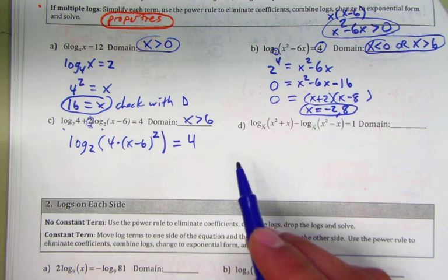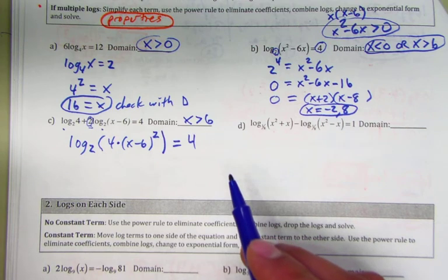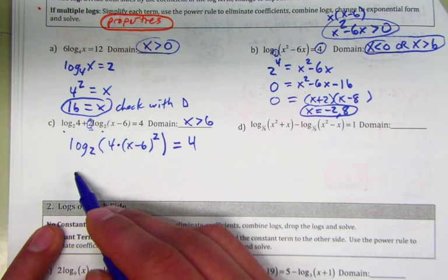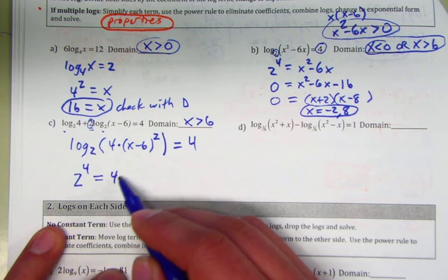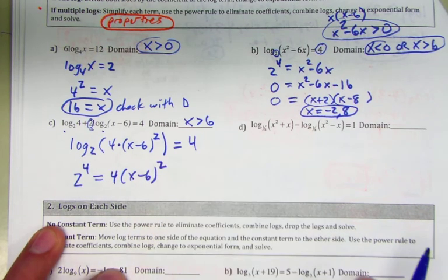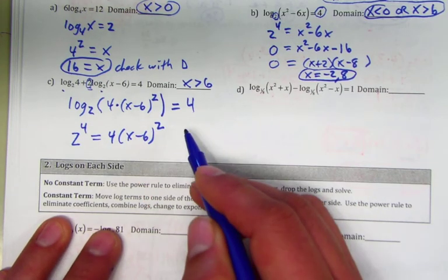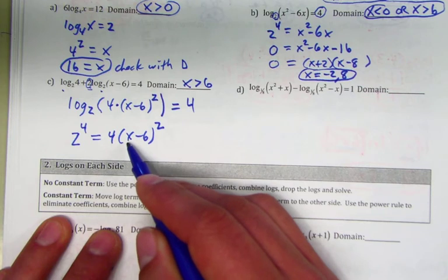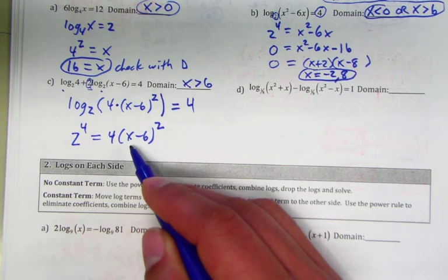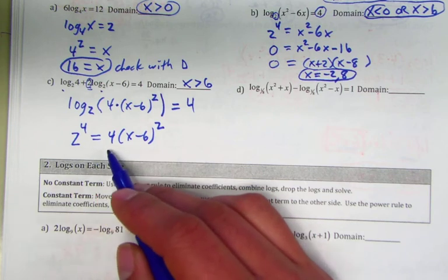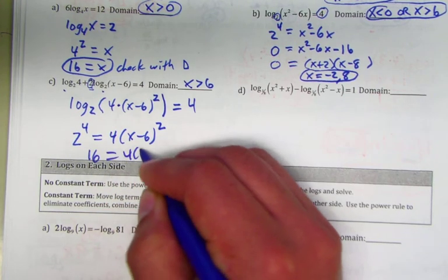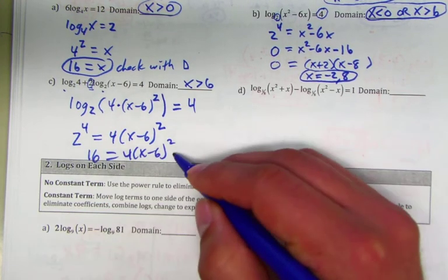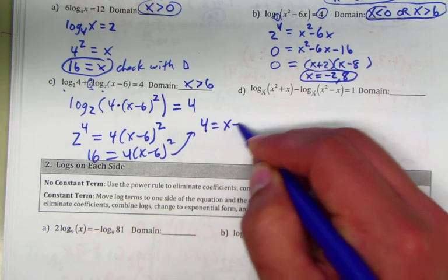The log is by itself, right? There's nothing else we can do, so let's switch it. What's the base? So 2 to the 4 equals 4 times x minus 6 squared. Rather than multiply things out, let's just get x alone. You see, there's only one x literally on our page, so we can get it alone when we see that. What could I do first? 2 to the 4 is 16, and then I heard divide by 4, so now we get 4 equals x minus 6